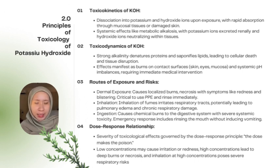toxicokinetics and toxicodynamics. Upon exposure, KOH dissociates into potassium and hydroxide ions, which are rapidly absorbed through mucosal tissue or damaged skin, potentially leading to metabolic alkalosis, a condition where the body pH becomes